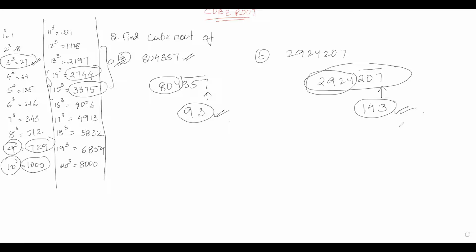The same method can be extended to 8 digits or 9 digits as well. But generally in competitive exams, they do not ask the cube root of 7, 8 or 9 digits. So if you know these many things, I think this would be sufficient to find the cube roots. Again, we need to remember the cubes of numbers till 20, and it will be more than sufficient to find the cube root of numbers given to us.